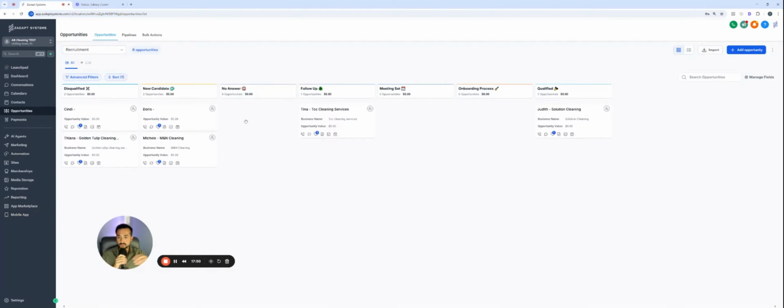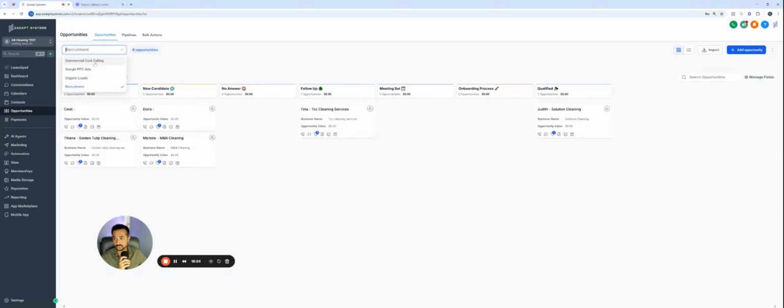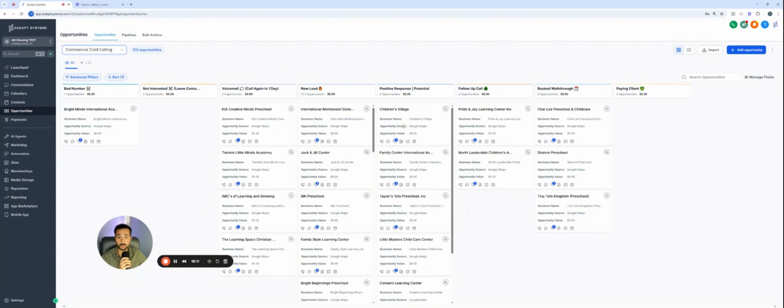I will say for cleaning business purposes, this works great for residential and commercial. The way I would use this for commercial cleaning is my pipeline for cold calling. Yeah, kind of touched on that already. It's great for cold calling because, again, you come in here, you have the pipeline all set up, you can